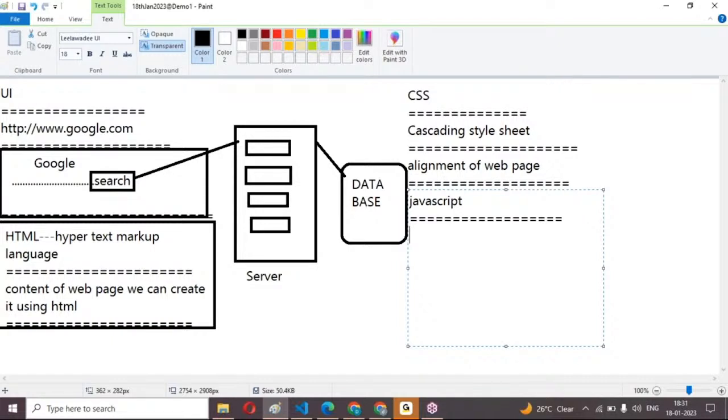So JavaScript is giving validations, mainly functionality. Functionality of the web page we can easily create with this JavaScript. JavaScript is giving us functionality to our application. CSS is giving alignment of the web page. JavaScript is giving functionality of the web page. Next we can write here CSS, JavaScript,